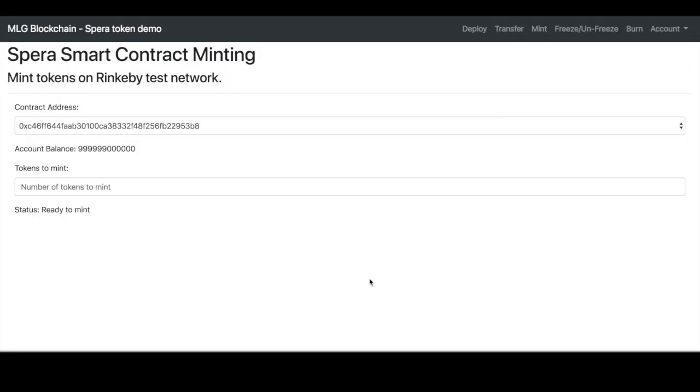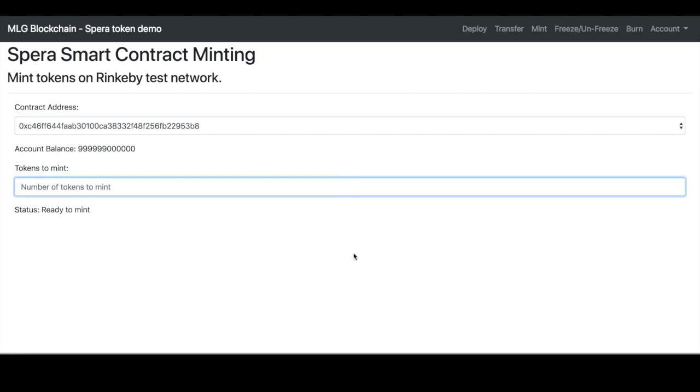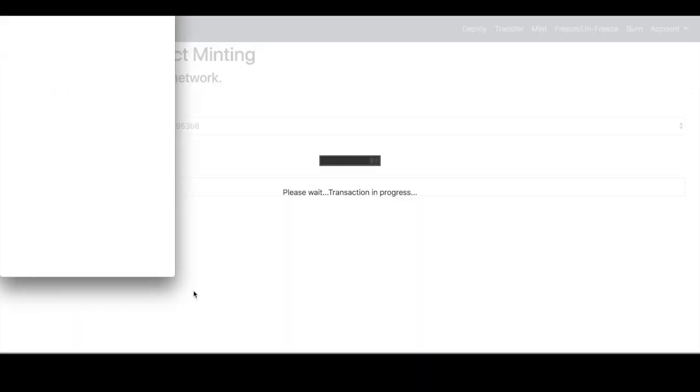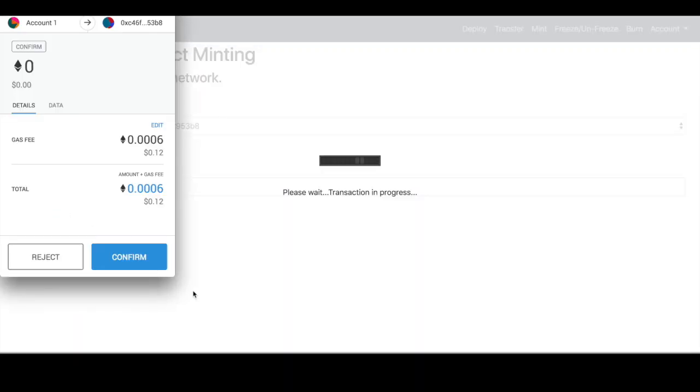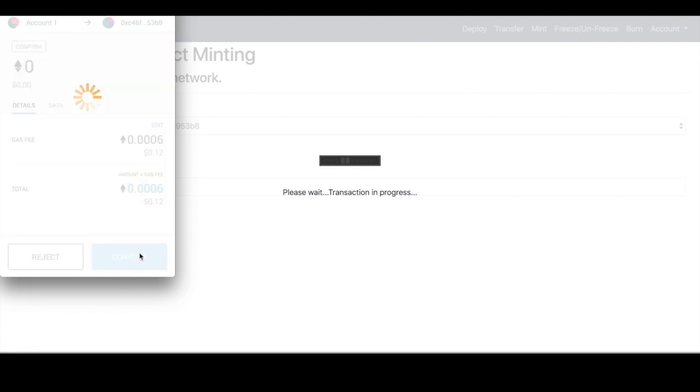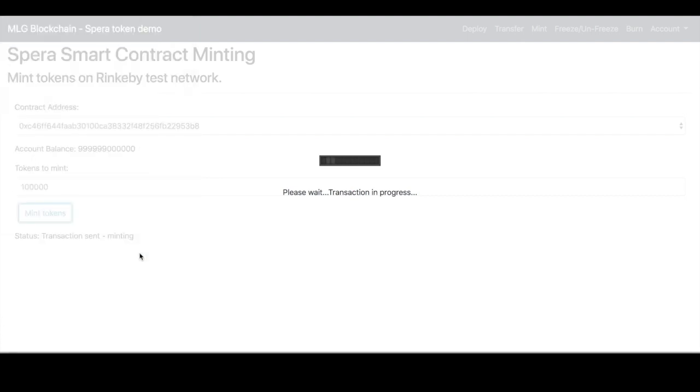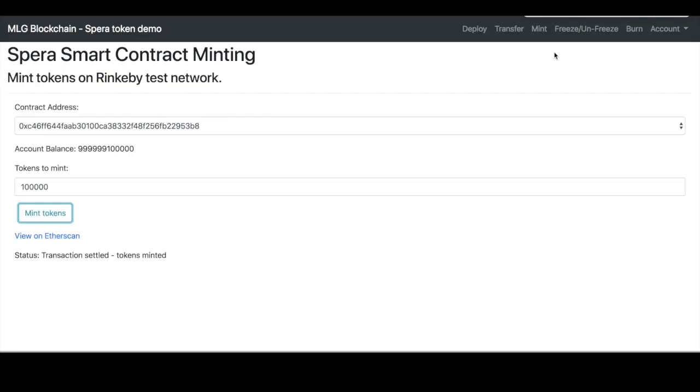Okay, let's demonstrate minting. This feature will allow only the admin address to create new tokens by submitting and entering the value, making sure to sign the transaction, and then once again, making sure that it becomes immutable by being validated in the network. Once validated, we can confirm by checking Etherscan,